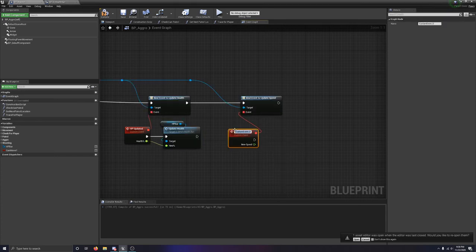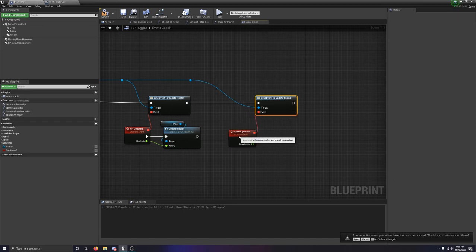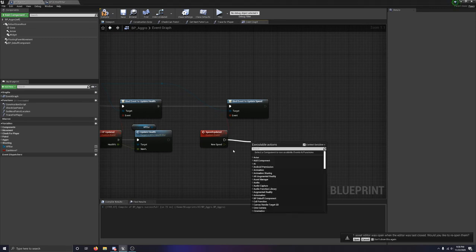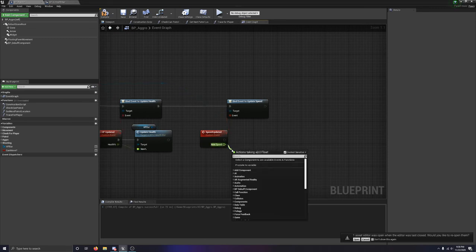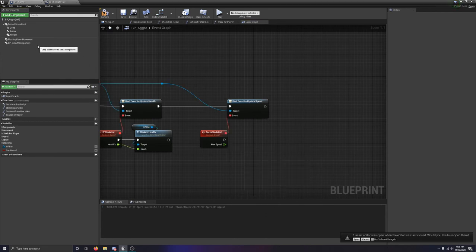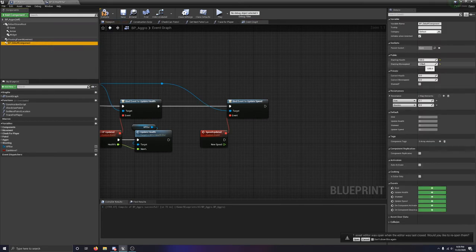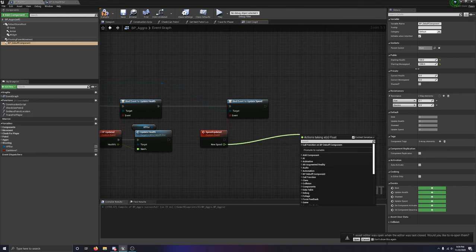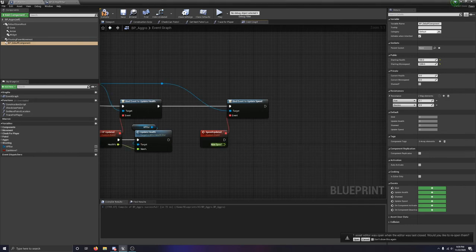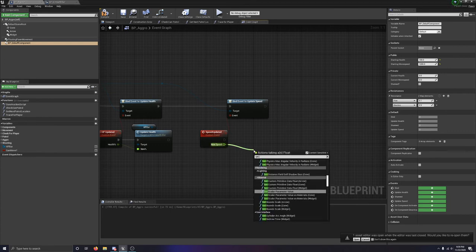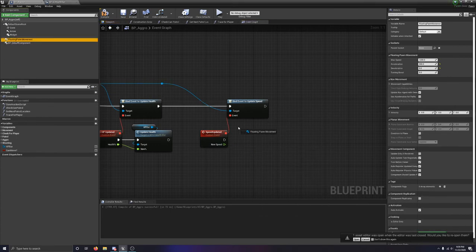And then update speed, we're going to do a custom event, and this is going to be called speed updated. So this is kind of where also you have some freedom to rework things to the way you want it. So what we're going to do is, so new speed, if we look at it, it has the max value of 1200, so whatever we divide by or multiply by a fraction, it would give us essentially multiplied by 1200. So what you can do is you can just set max speed of our floating pawn movement,